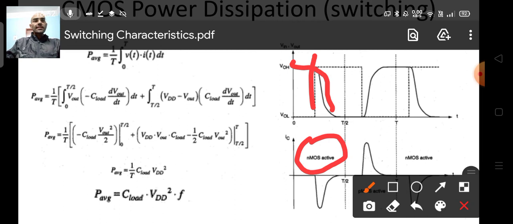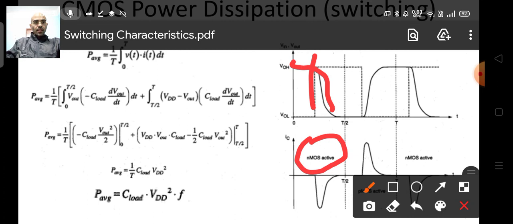In this particular region, the discharging of the capacitor takes place, and the current flows in the opposite direction in the two scenarios of discharging and charging. That's what is shown here. For the discharging case it is shown in the negative half, whereas for the charging case it is shown in the positive half. So positive capacitor current for charging, and negative for the discharging case.